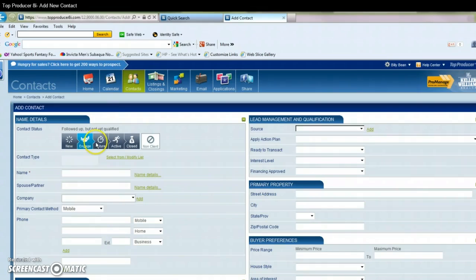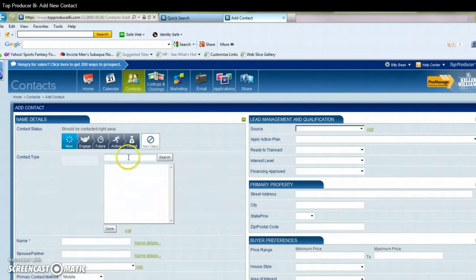You may click Engage. And if this is somebody you're planning to do future business with, maybe a client who is not ready to sell yet, or a buyer who is just not ready to buy yet, you may put them in the Future category. If they're active, this may be an active client that you have listed for, or an active buyer that you're currently working with, and Close if you close the transaction with them. For this purpose, we're going to click New so that you add this contact to the client